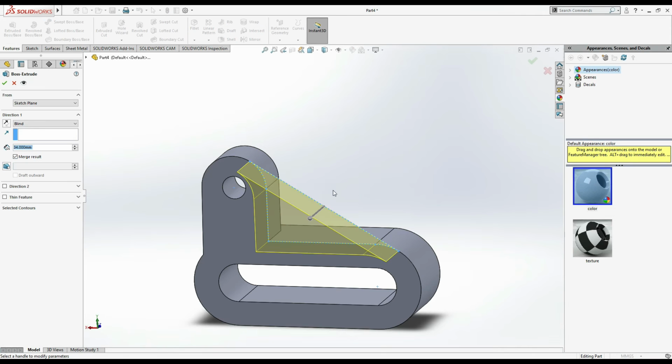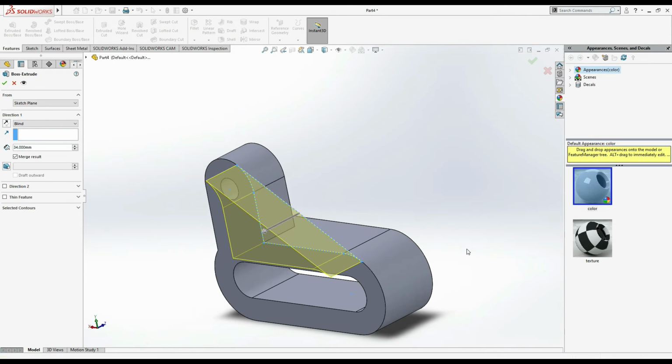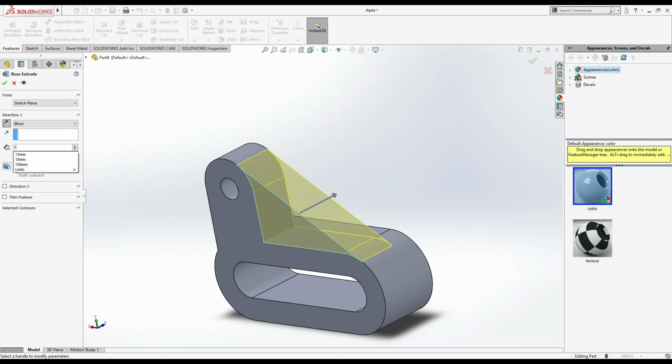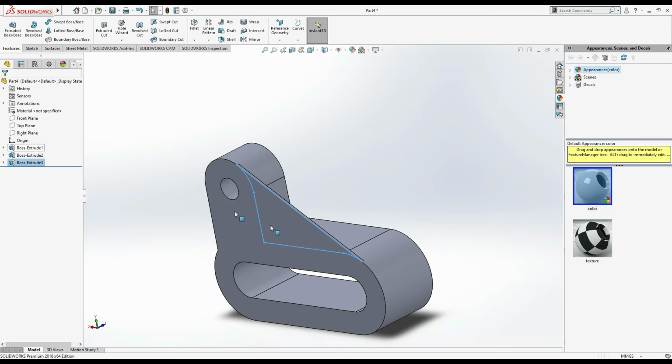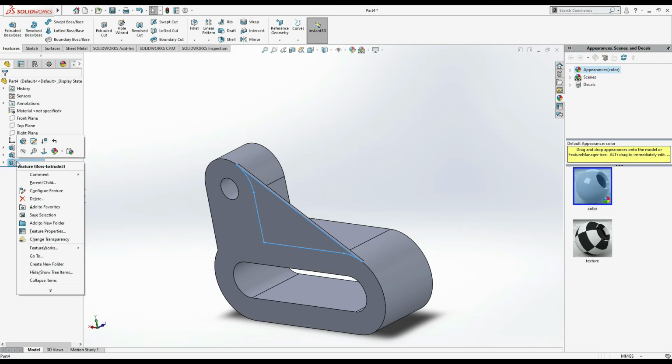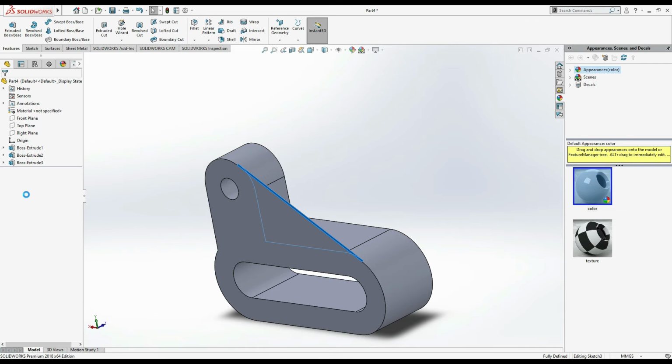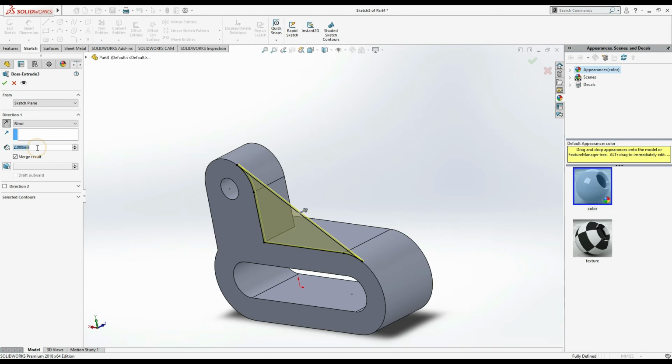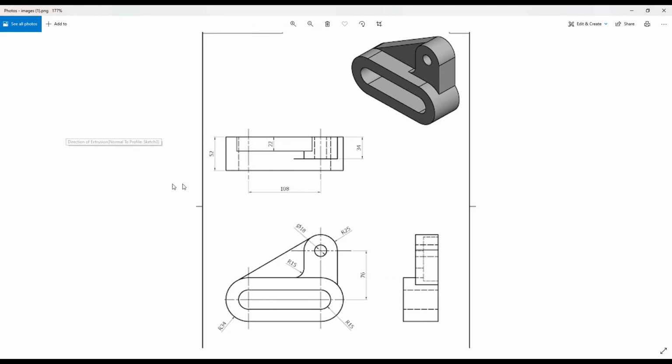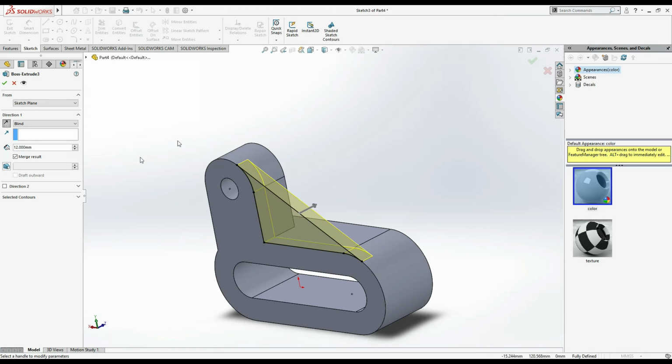Okay, you can see it's going outside, so reverse direction, and it is 12. I think I have made a mistake. Edit features, and it's 12 mm. Or you can see it's 22, not 12, it's 22. Okay, now simply